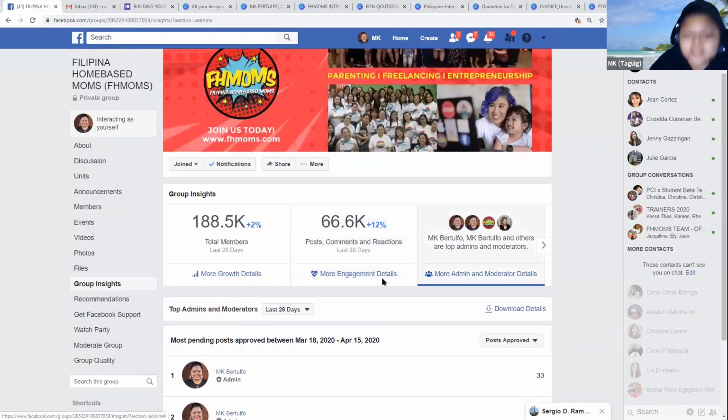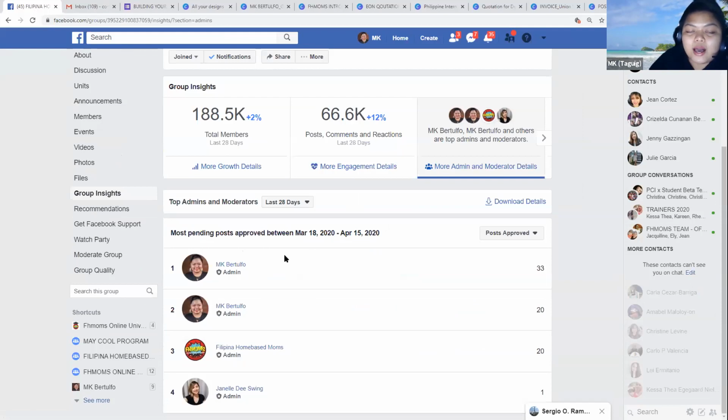This is a new feature. So let's say you have 10 moderators in your group, and you wanted to give, not benefits, but reward. Let's say you wanted to start a reward system for your moderators wherein the most hardworking moderator will get a gift package.